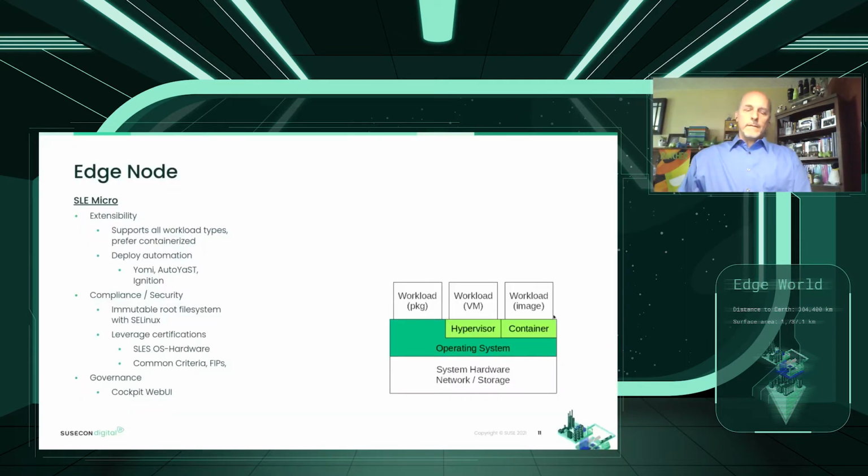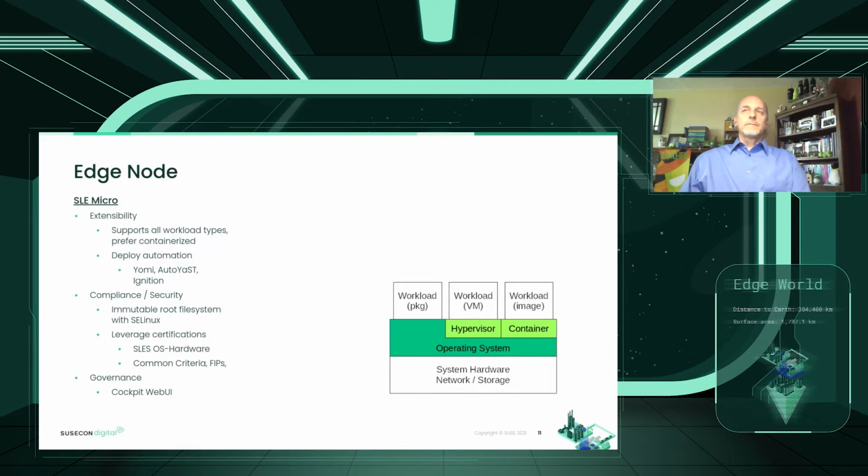Okay, let's start at the bottom of the stack from an operating system perspective. If you're talking about a solution stack, put the OS at the bottom level. Let's talk about an option that you have in the edge space. There is an offering from SUSE called SUSE Linux Enterprise Micro, and we'll look at the figure on the right-hand side.